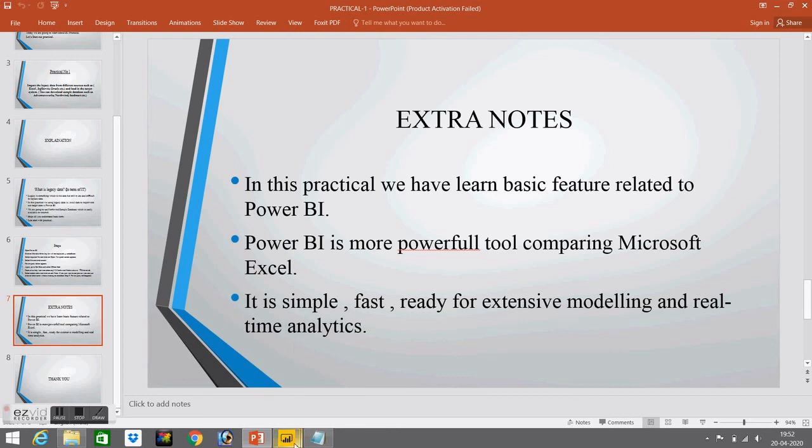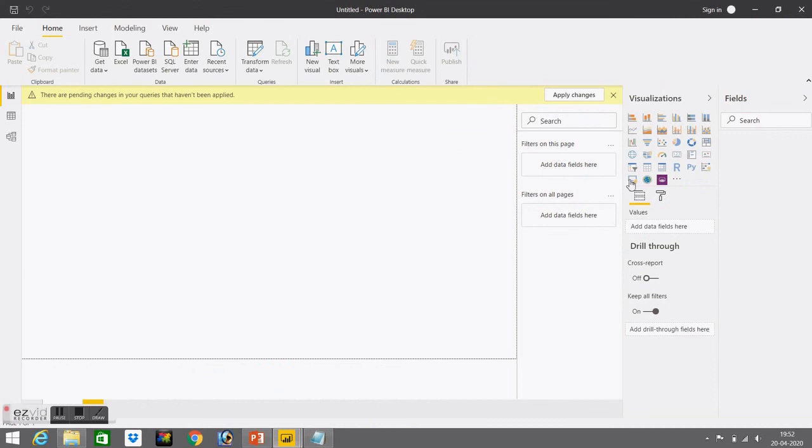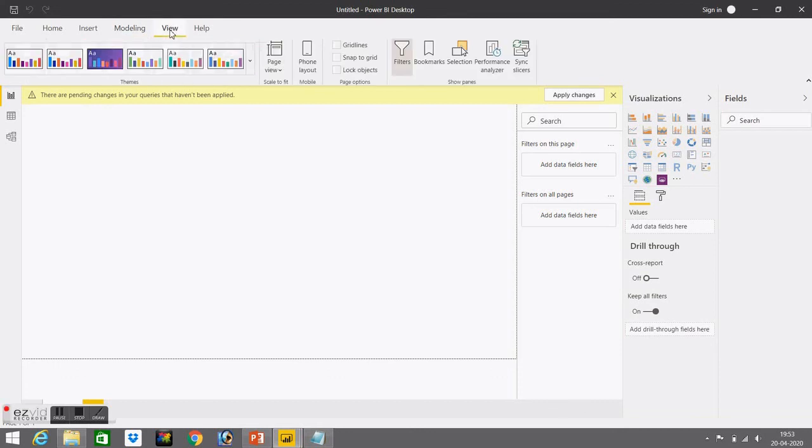That's it with our practical. We can learn many features like visualization and modeling. There are many more features in Power BI than this.